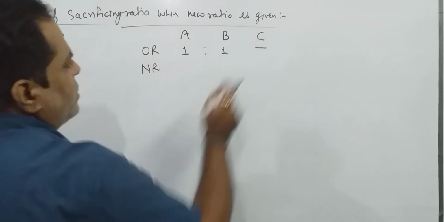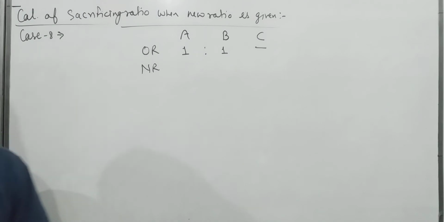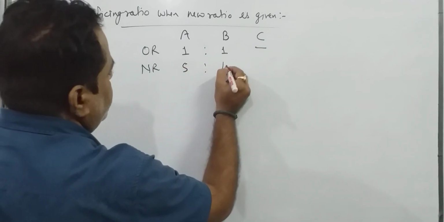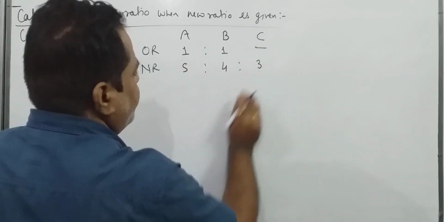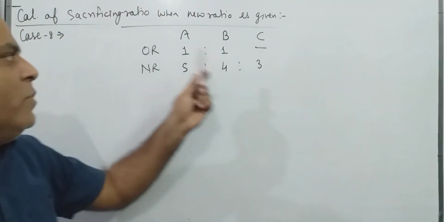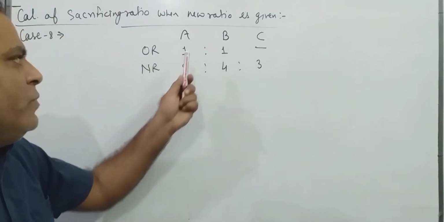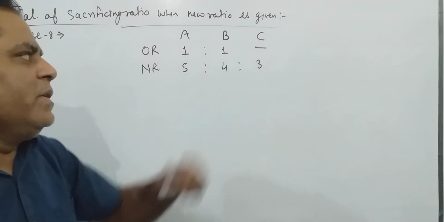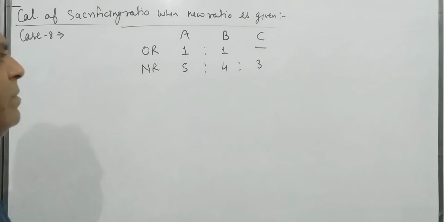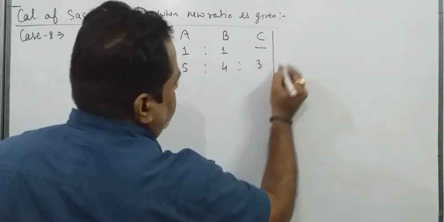Now C joins the partnership as a new partner, and the new ratio becomes 5:4:3. This is given in the question. So old partners A and B are in the ratio 1:1. C joins the partnership, and the new ratio becomes 5:4:3. So my question is to find